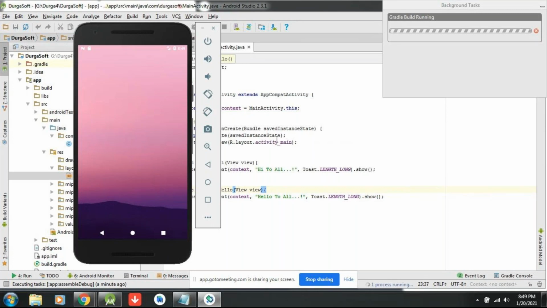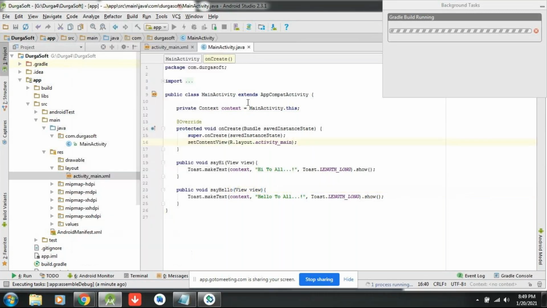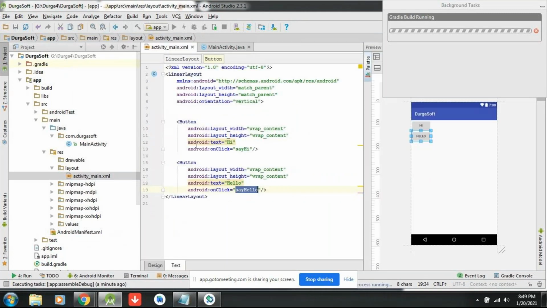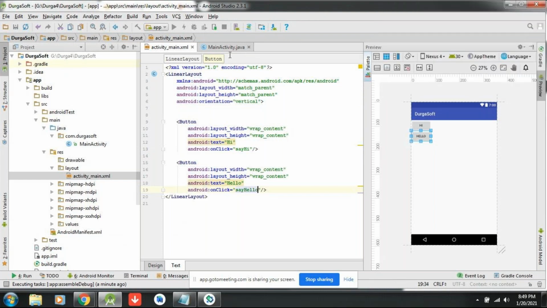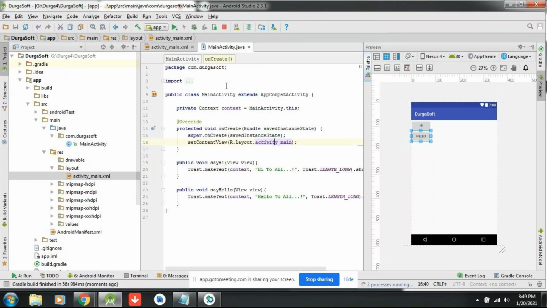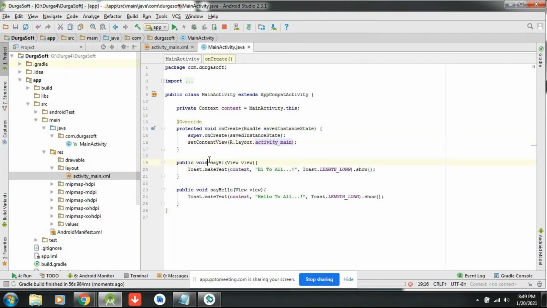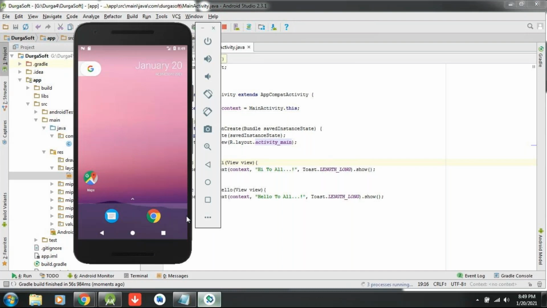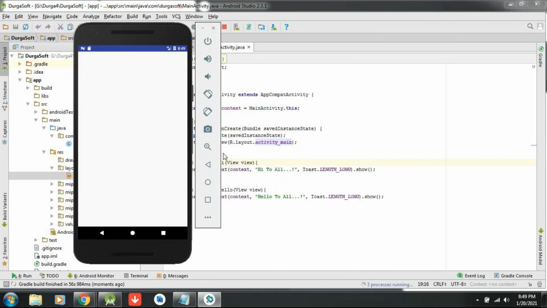Okay, so what is attribute method for a button is simply you have to write onClick. onClick is a new parameter with the say hi, say hello. This is the basic one. Okay, but don't use this one in real time. Real time it will be handled differently. Okay, so here we are writing this one. What two methods I created. Now it is launching APK. That means it is launching now.